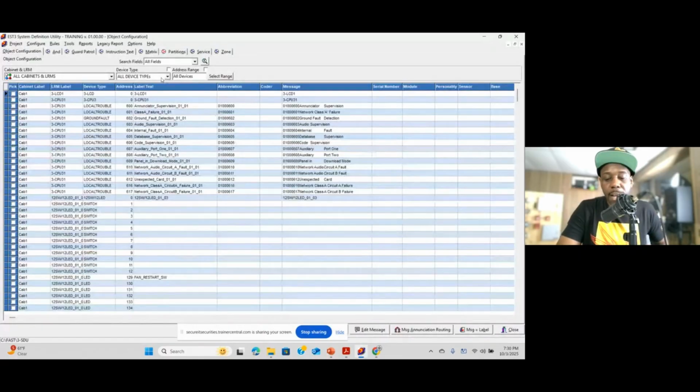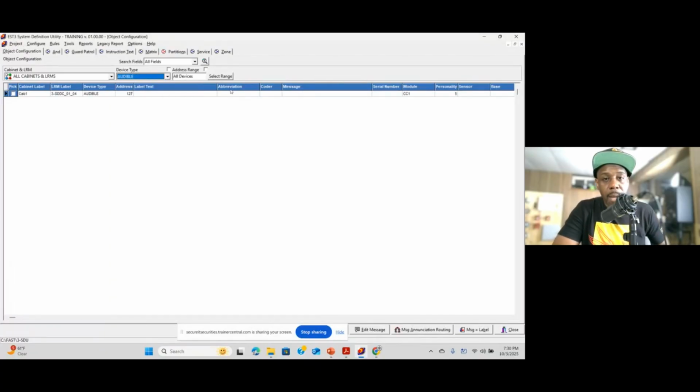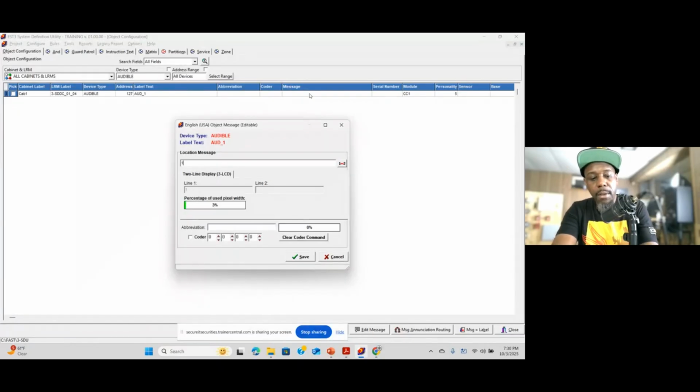So we have our devices. We can scroll through this one at a time. If we just click back on the menu, we can scroll through this using the up and down arrows on your keyboard, just to go through this one at a time and find out if there are any labels and messages you need. So what is this, audible? We're just going to do a quick AUD1, and this is first floor stair B. And you only have 80 characters. You can max it out, but you don't want to do that. First floor stair B, you want to keep it nice and neat.